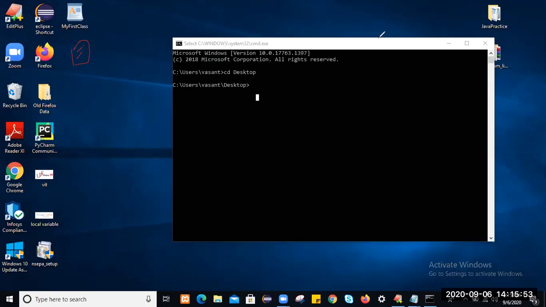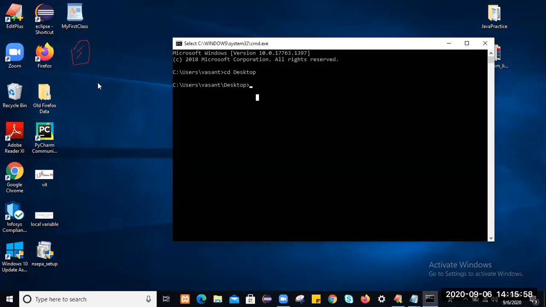When you compile this Java application, one .class file will get generated. What is the .class file? That also I will explain to you. How do we compile? We compile by using the javac command, followed by the application name, MyFirstClass.java. Like that we will compile. The moment you compile this Java application, one .class file will get generated.